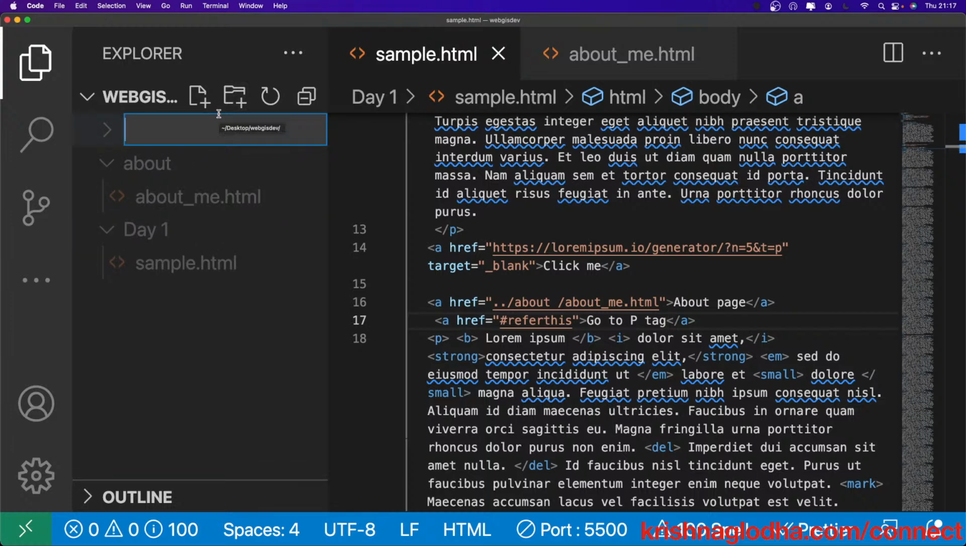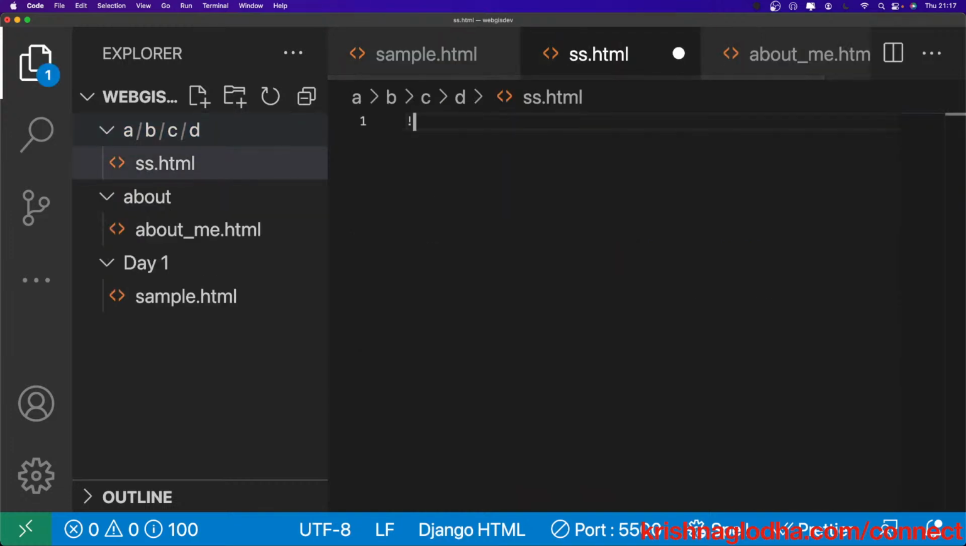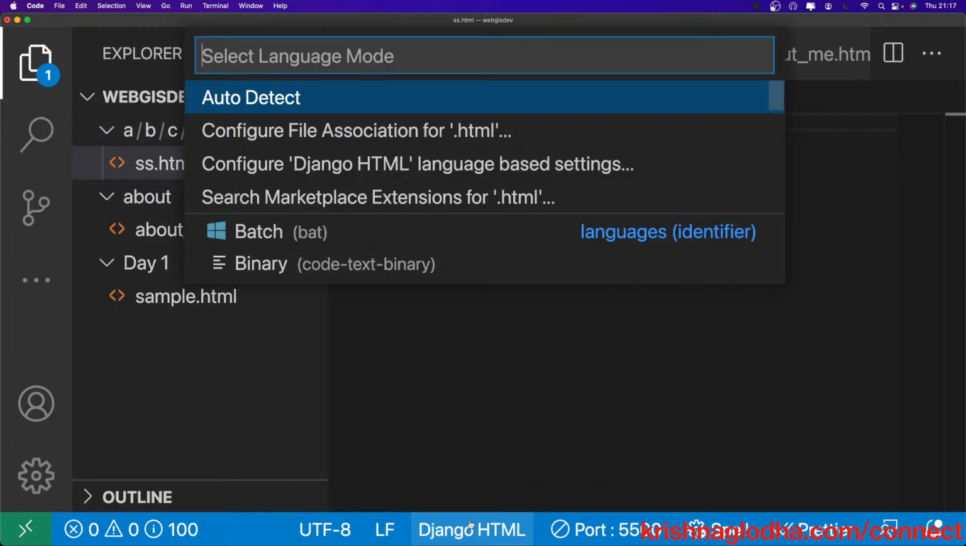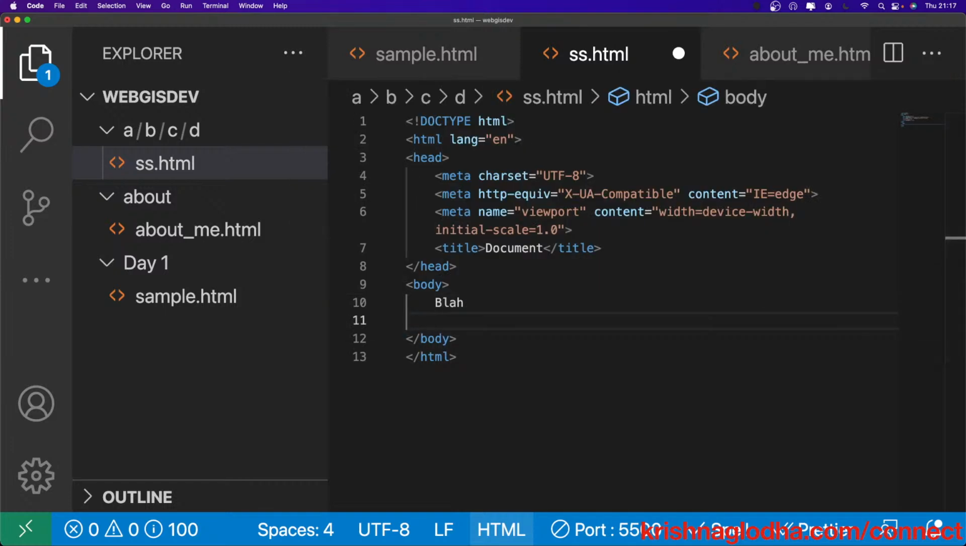So I have this folder, let's say A. Inside this I have one more folder B. Inside this I have one more folder C, and then finally I have a D. And I have an HTML file in it known as ss.html. I will write plain HTML code just to save some time. Blah. And then I will add an a tag where I want to refer to sample,